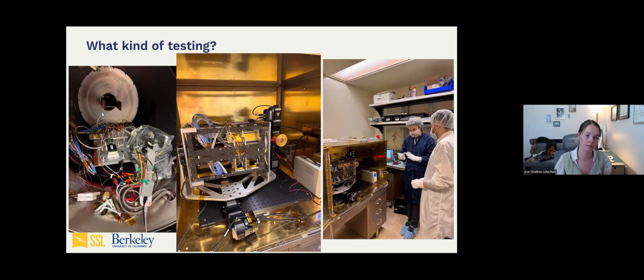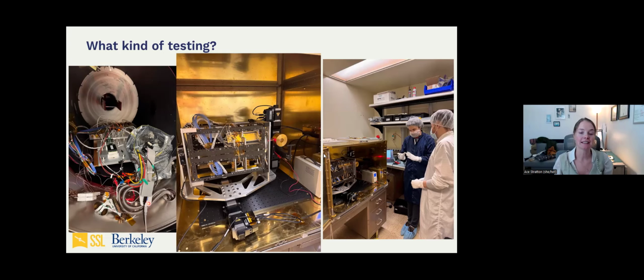Then we had to test our detectors and our entire setup in something like this. This is called a thermal vacuum chamber. That's where we get to space-like conditions. So you remove all the air from the system. You set it super cold to the space temperatures you're expecting, and you make sure that everything that was working 5 minutes ago on the bench also works when it's really cold and there's no atmosphere. Spoiler alert, it didn't the first couple times, which is why you do these tests.